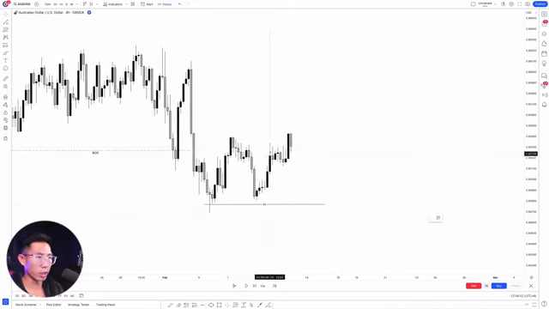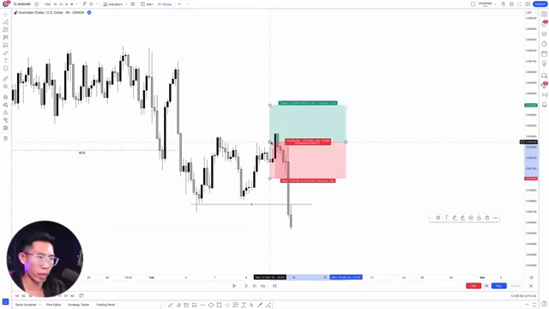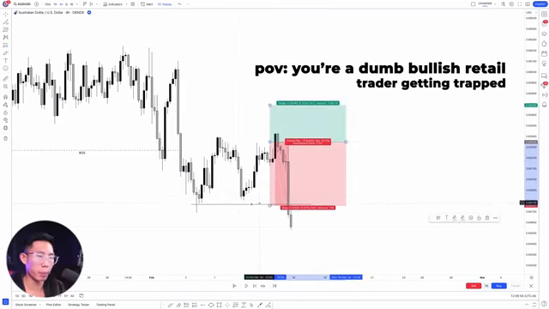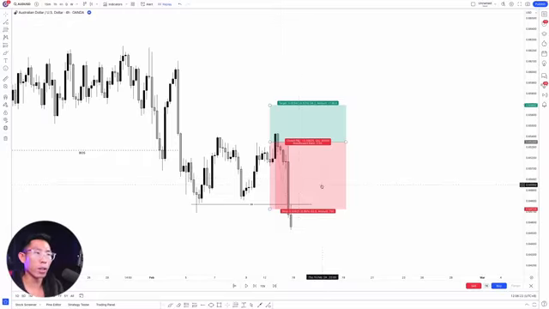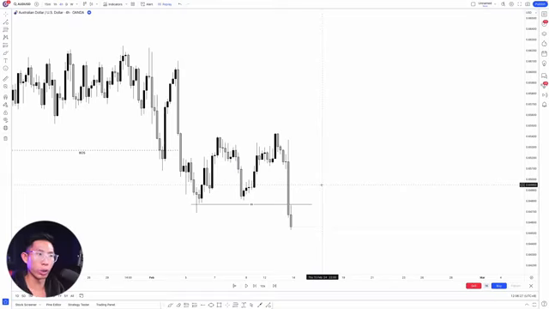So you can see price goes down slowly, and you can see price breaks past the equal lows that we have right here. So the retail traders who are bullish because they see this double bottom are going to be entering for their buy position right here and place their stop loss below these equal lows, because textbooks are showing them that a double bottom means you should enter for a buy. And look at what happened here. Price got pushed down, triggering all their stop losses. So the buyers who entered for a buy position right here are out of the trade. They add liquidity into the market already.